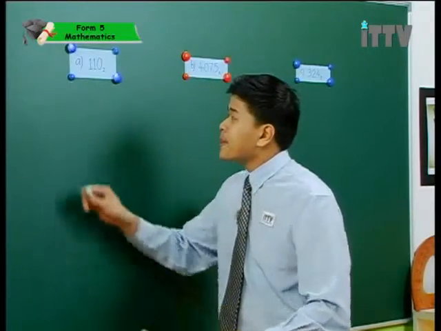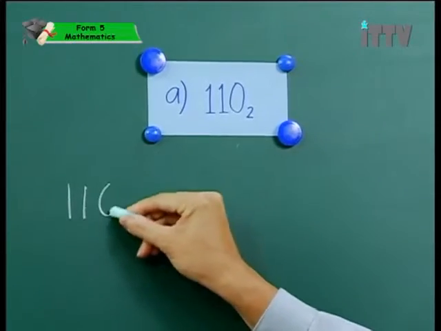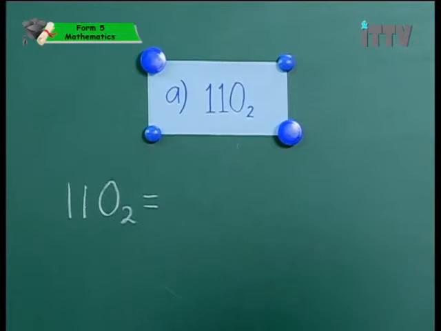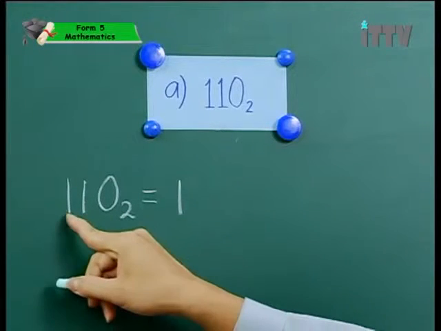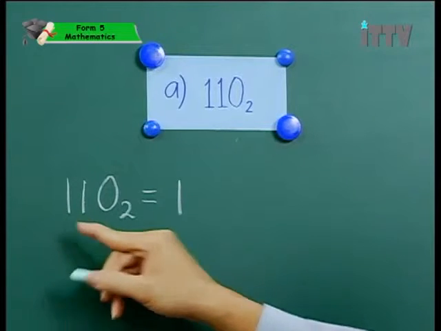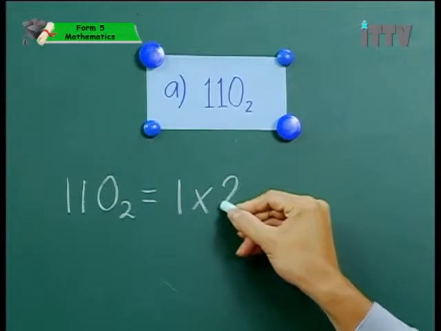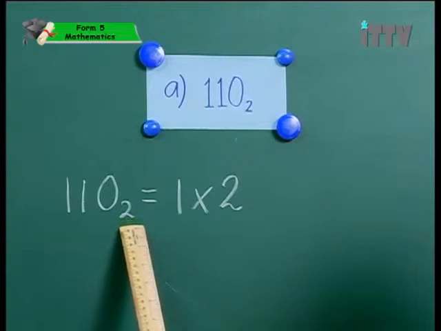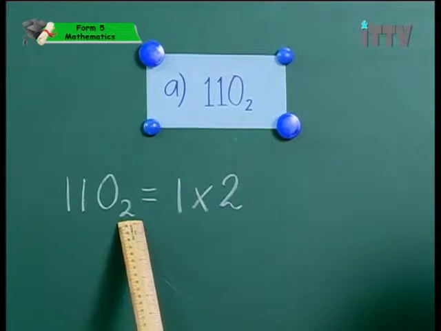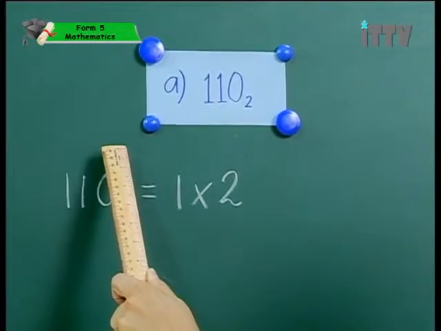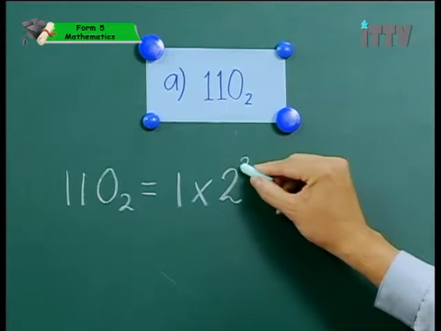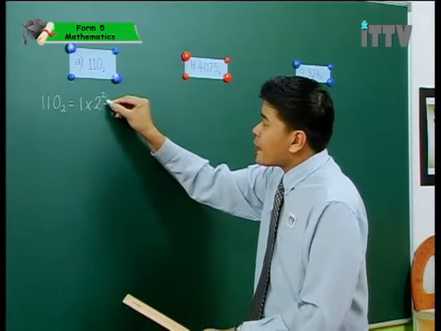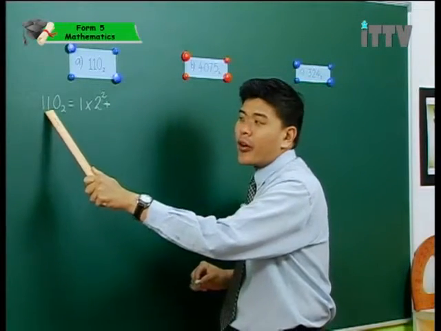Firstly, 110 in base 2. Step 1, remember early on, write down this number in expanded notation. So we start from this 1 on the far left: 1 multiplied by 2, because we are in base 2, to the power of, remember we always start from the power of 0, so 0, 1, 2. Like that. Added with,